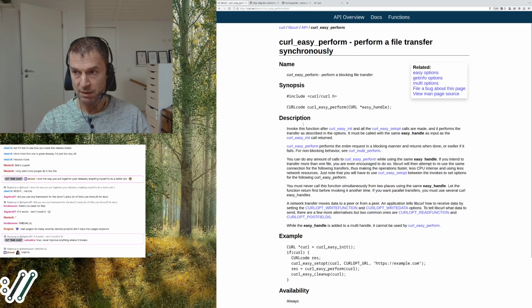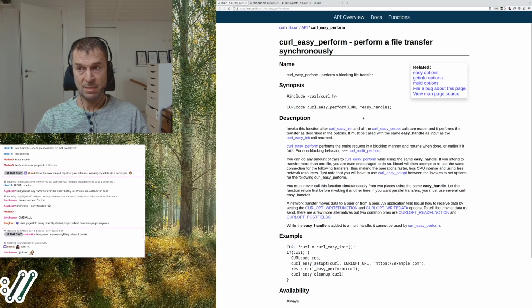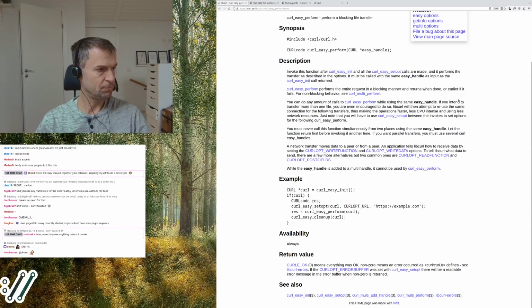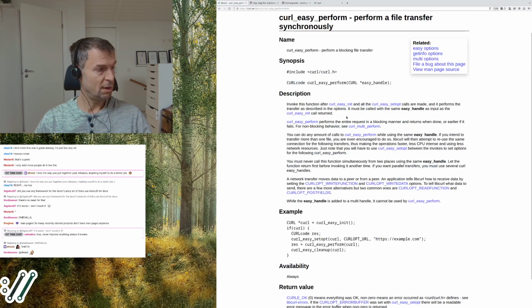Our man pages are rendered as web pages like this, and everything is linked properly, so they link to other man pages. We have I think 486 man pages now.